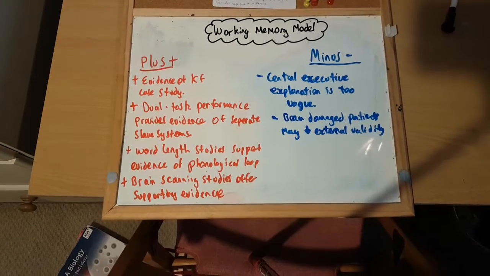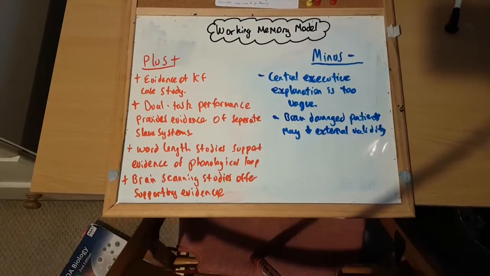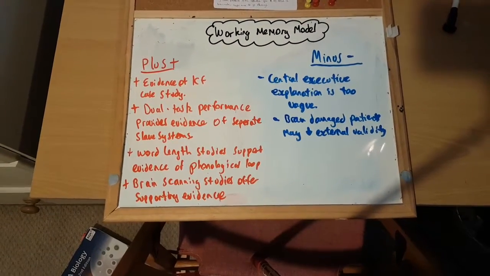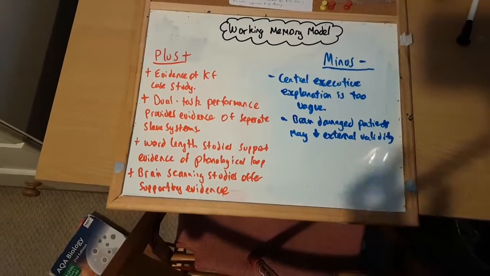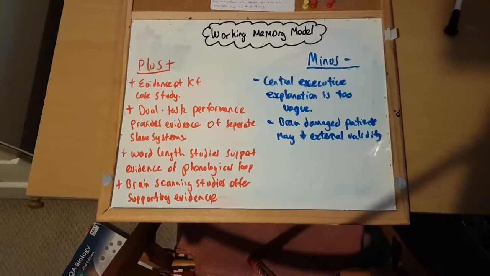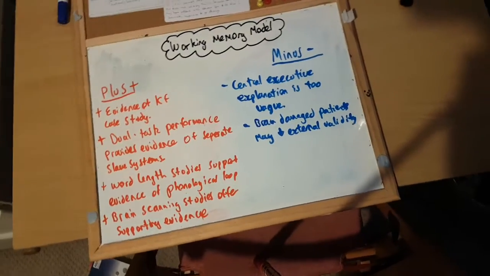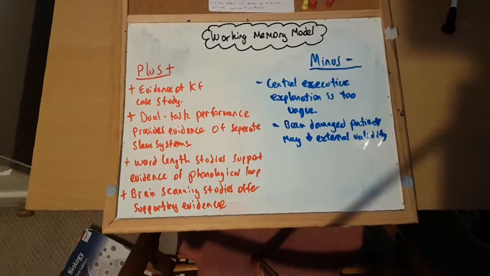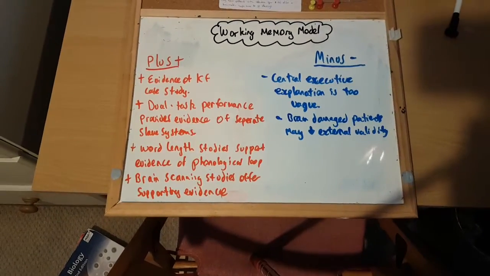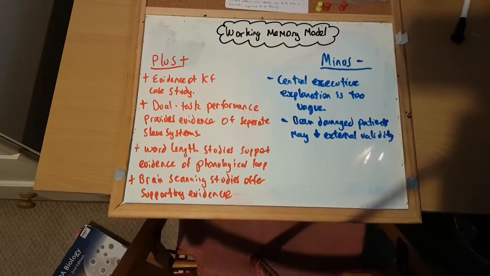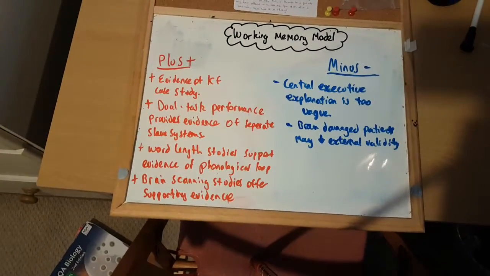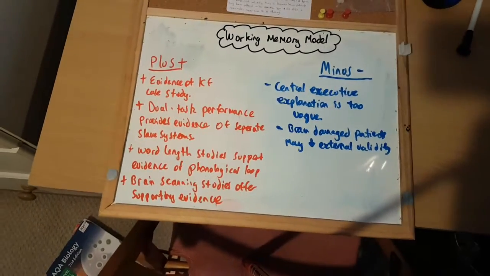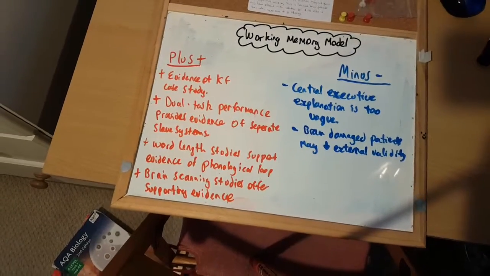Another final plus is that brain scan studies offer supporting evidence. So fMRI scans or PET scans of patients were done whilst they were doing a performance or a task, and they measure the oxygen levels in the brain, so the activity levels in the brain. And this bit of research showed the specific areas where they're associated with specific memories, such as acoustic or visual or